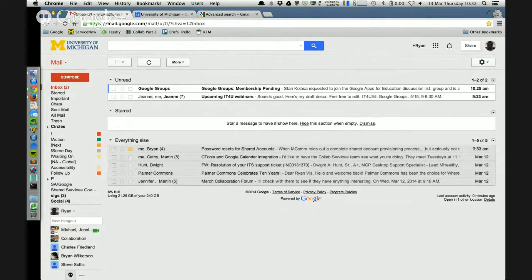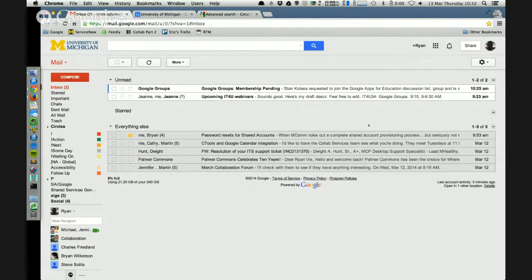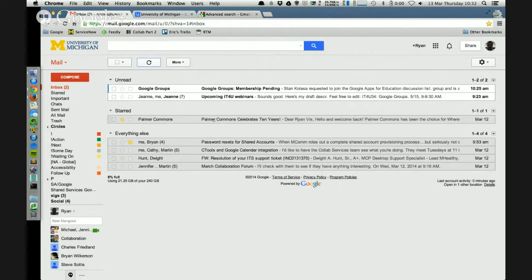Starred is empty, of course. You can hide empty sections if you want to, or you can just leave it there with the label, but no messages displayed. This will populate, obviously, as you star things, then you'll have things populate into there. This is handy if you have a system already working. You can use the inbox to help sort your mail into a meaningful way.